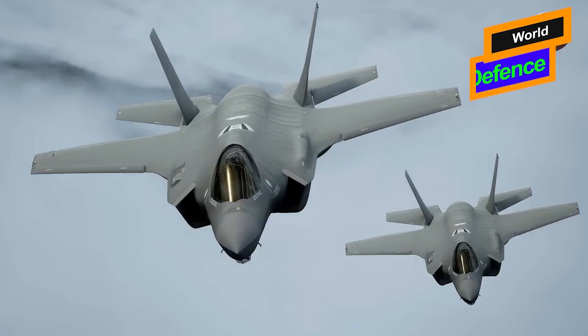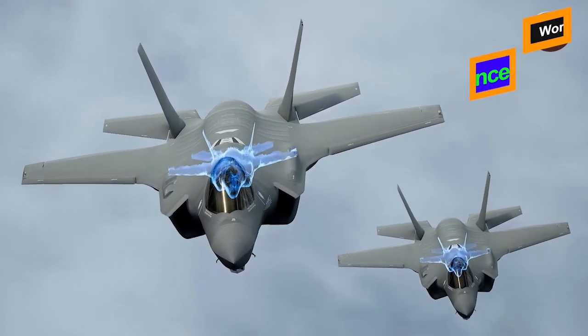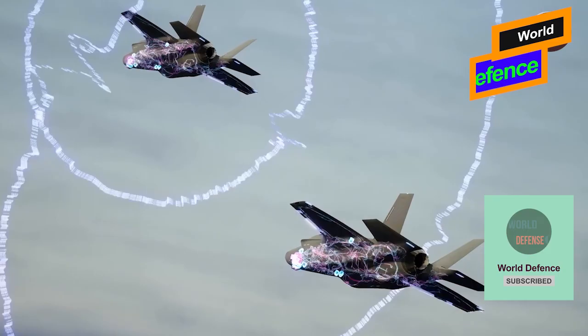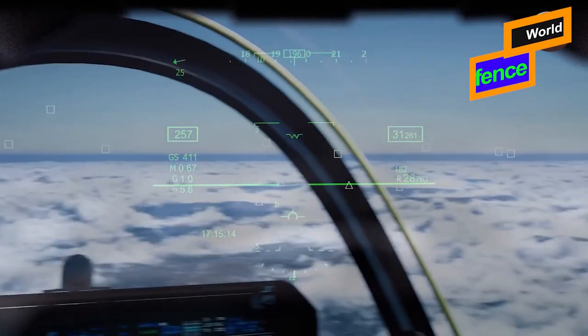And it's this fused information translated from the two-dimensional world of fusion into the real world. It's an augmented reality that puts all the basic flight information, the fused data information, and the targeting information right wherever the pilot happens to look. And oh yeah,